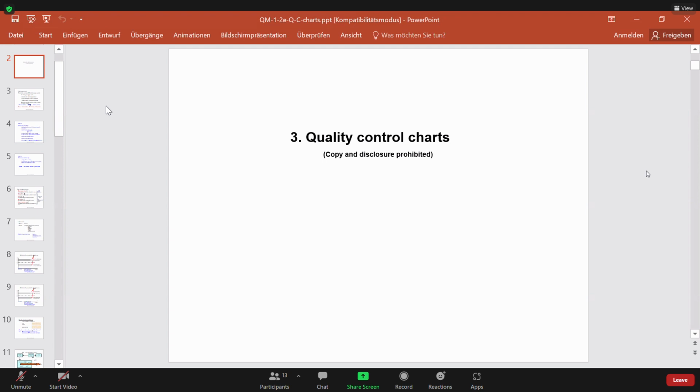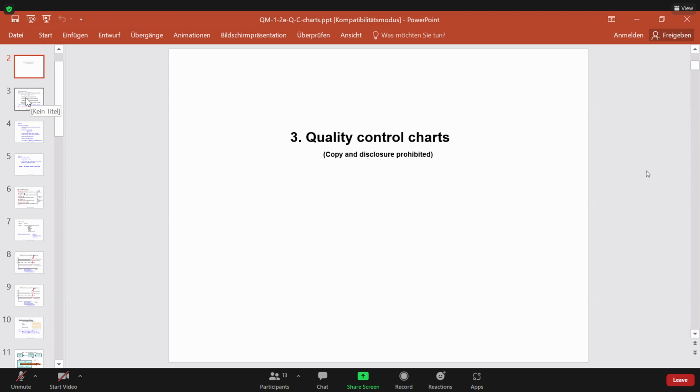And quality control charts are a very important tool in SPC. And this is done, I think, in every industrial company for a monitoring and a documentation of the quality of